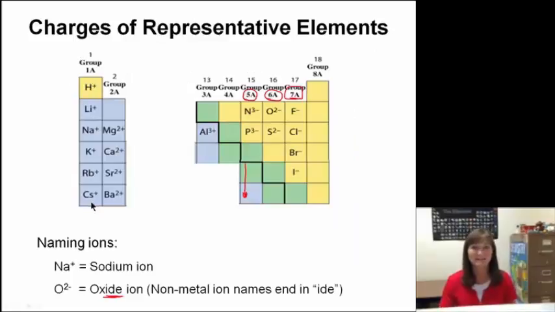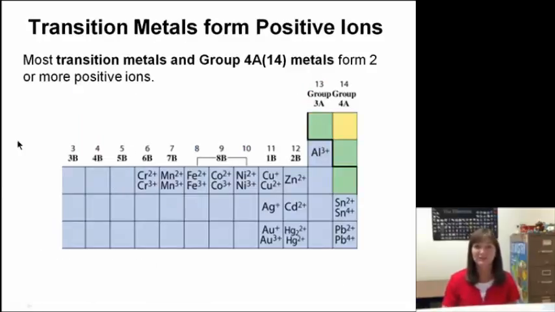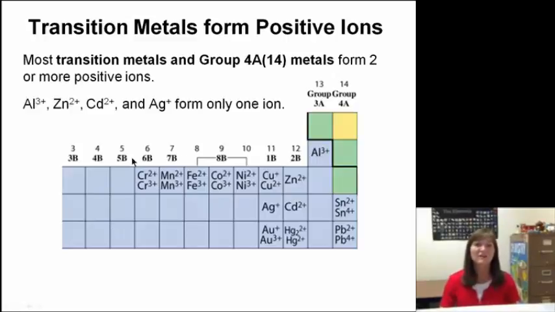Your 1A metals are always fixed at a +1 when they become ions. Your 2A are fixed at a 2+. Okay, so they don't change their charge, so they're not variable, they're fixed. However, the transition metals have a variable charge or a non-fixed charge. There are 4 of them, however, that have a fixed charge. So it turns out that aluminum, zinc, cadmium, and silver only make 1 ion. So if we look at this table, aluminum is always a fixed 3+, zinc and cadmium are a 2+, and